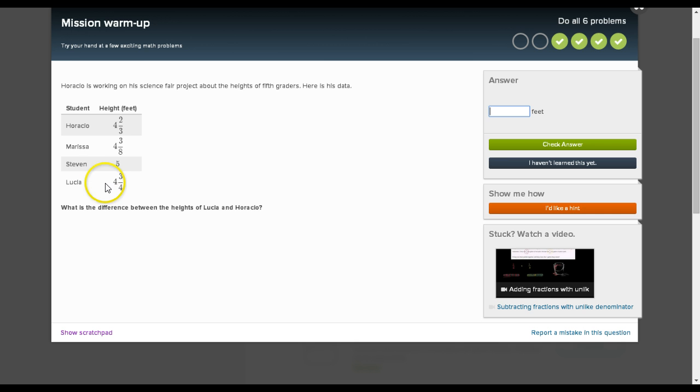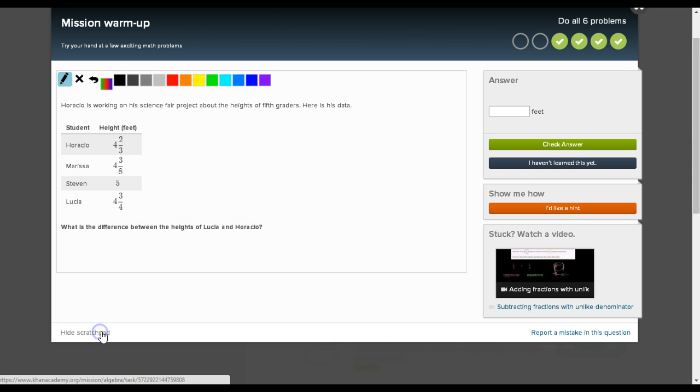So I've got to find a difference. Difference is subtraction. Okay, so I can see that they're both over 4 feet. So the difference is going to be between 4 3/4 feet and 4 2/3 feet. So we're really just asking this question, what is the difference between